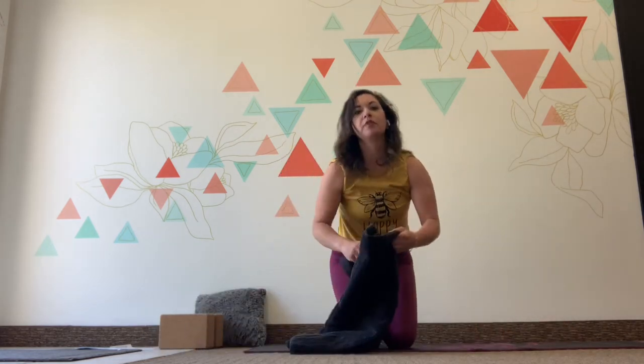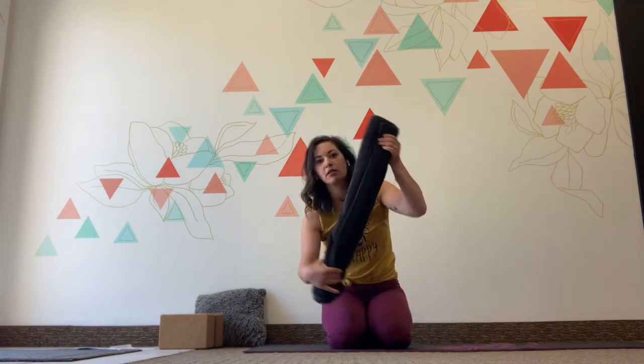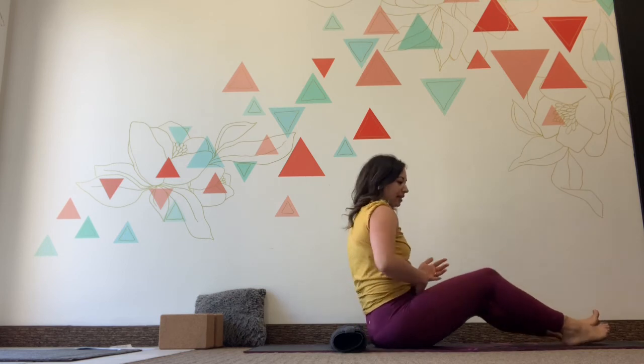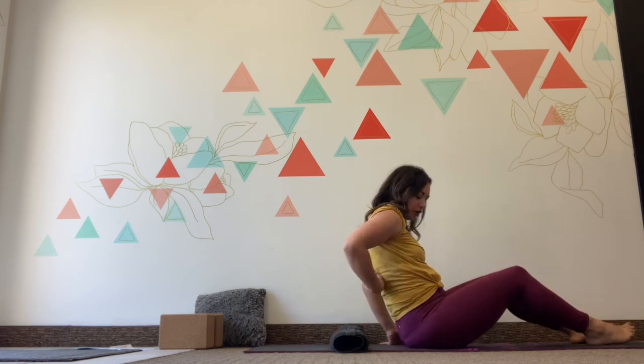Removing those blocks off of the mat. Grabbing your towel. You're going to fold it in half and then roll that short end. So it should look like this, just one long roll. Place that across your mat. Coming to your bottoms. We're gonna come down to our backs. Just be careful if you had your baby recently to be careful with your tummy. And you're gonna lay on top of this towel. It's gonna go right where your bra strap would go or your nipple line. Go ahead and lay down